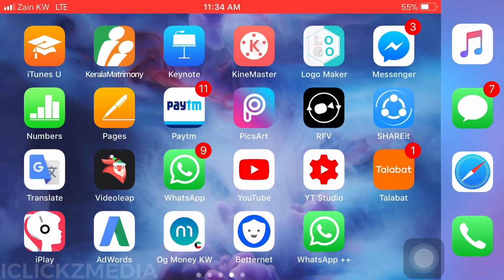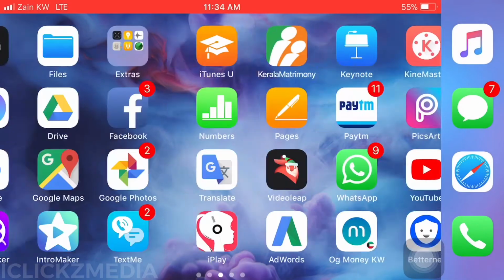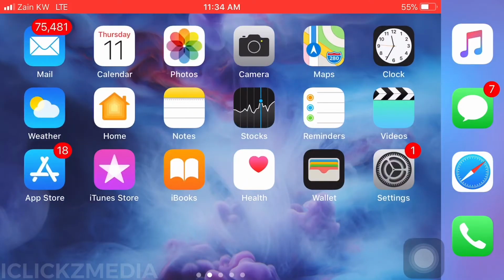Here it is on. You can now see that I have two WhatsApp accounts. Click on WhatsApp Plus Plus. You will get one message saying untrusted app. Go to settings